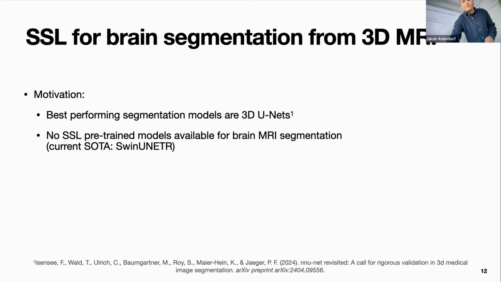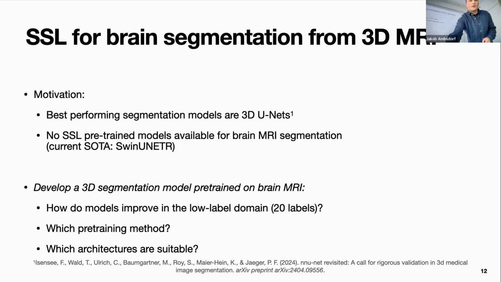And what's here actually the problem? So the motivation is that if you've worked with segmentation models before, then you know that actually still in 2024, quite surprisingly, UNets still tend to be the best solution, at least in medical. And there's not really any pre-trained models available for MRI segmentation that are trained on large-scale data. So the current state of the art there, you could say, is the Swin UNETR, and I will talk about it a little bit later. But there's definitely room for improvement.